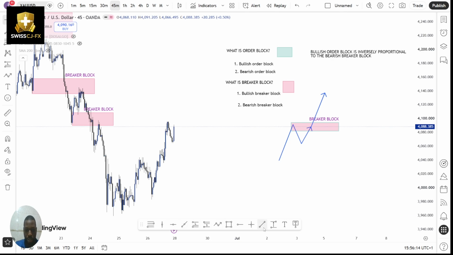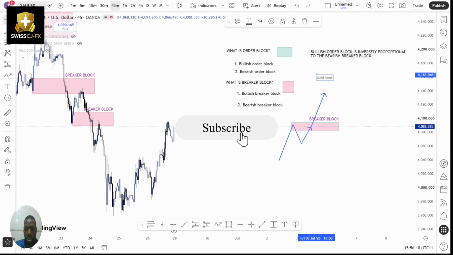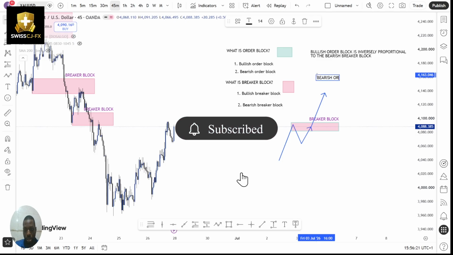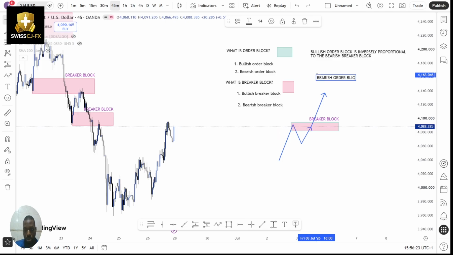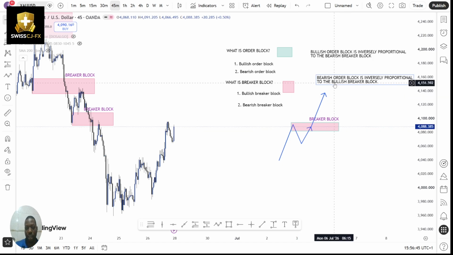Okay, then the bearish order block is inversely proportional to the bullish breaker block. So this statement I've just written here is something that